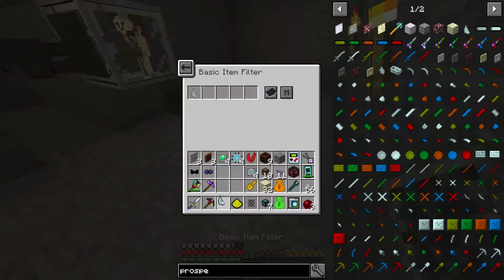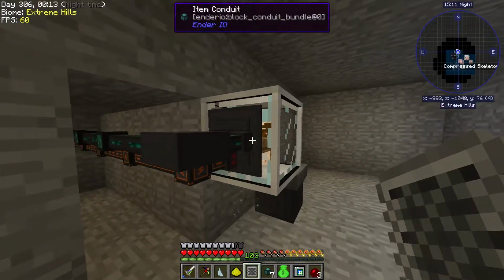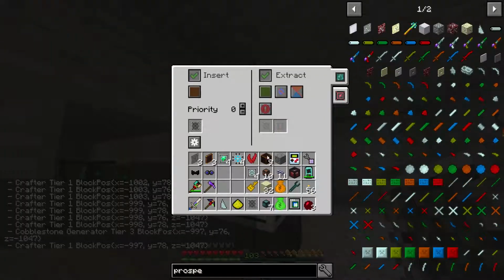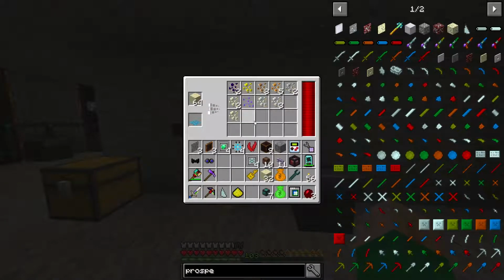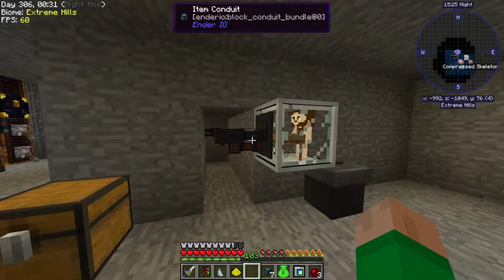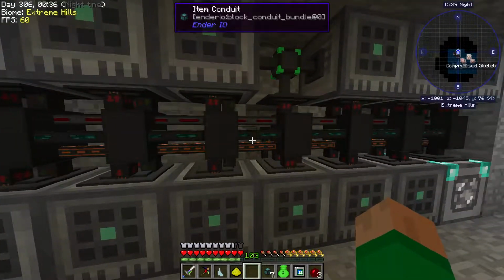I will go ahead and whitelist these two items, because those are the things we need. We need prosperity shards and Yellorium. And I'm going to set those in here as the item filter, and we're going to extract on brown, and that means that any prosperity shards or Yellorium that come in here are going to go into this pipe, which again feeds over into this connected system, which,